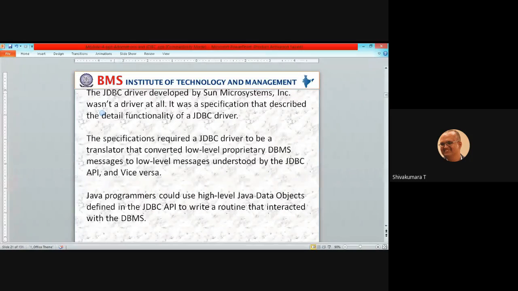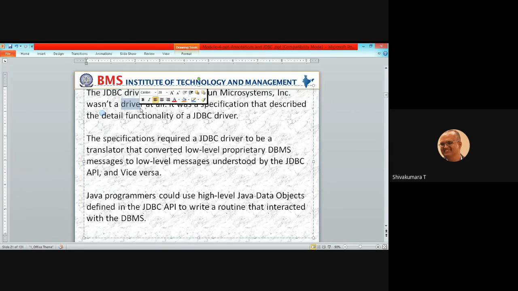The JDBC driver developed by Sun Microsystems was not a driver at all. So what is a driver? A driver is used to carry a person from a source to a destination. Similarly, here the JDBC driver carries your Java instruction to the database, and from the database back to the Java code. It was a specification that described the detailed functionality of a JDBC driver.